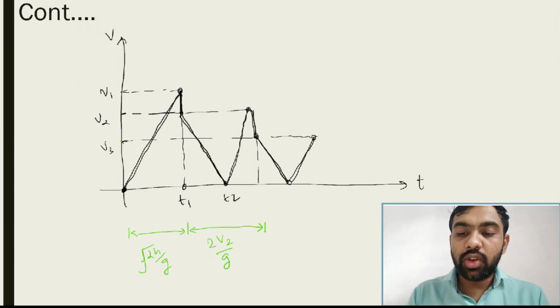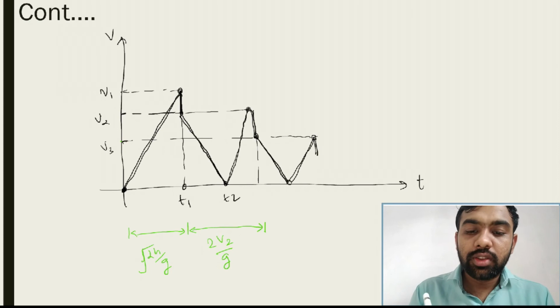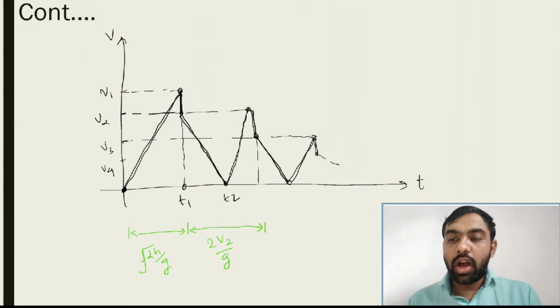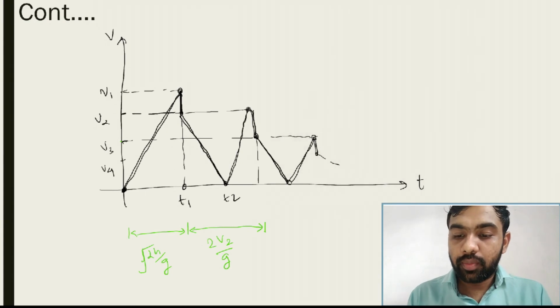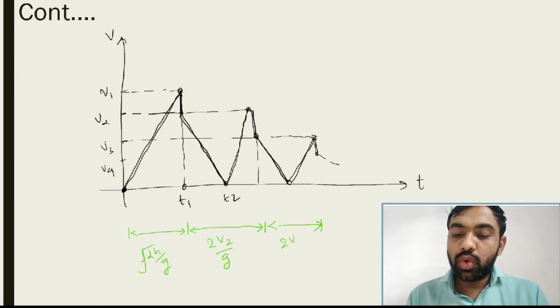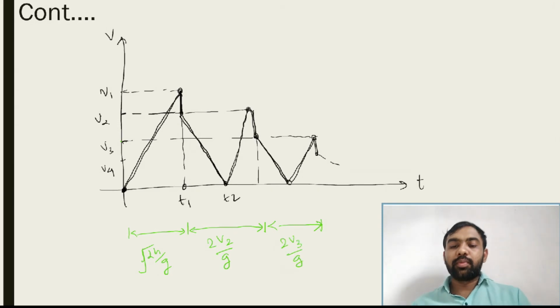So this graph is continuing like this. Again it decreases, the speed is what? v4. Again it decreases. So how do you get this answer of time? Similar way again, 2v3 upon g. That is the time of flight for each case. This represents the time of flight for each case.